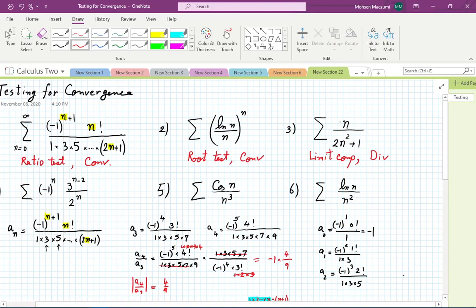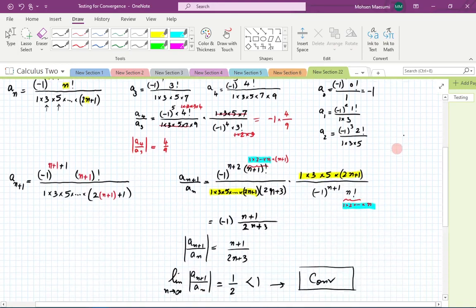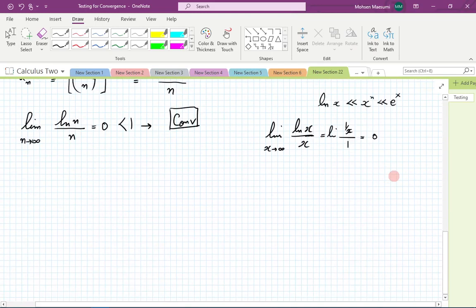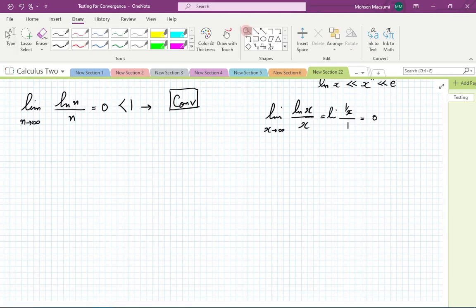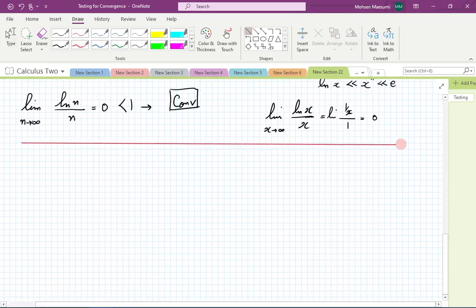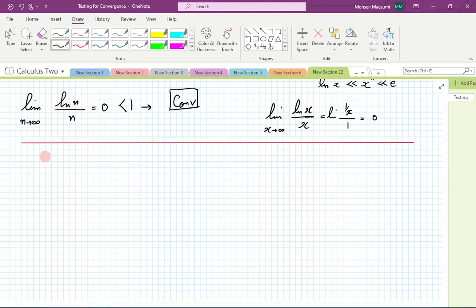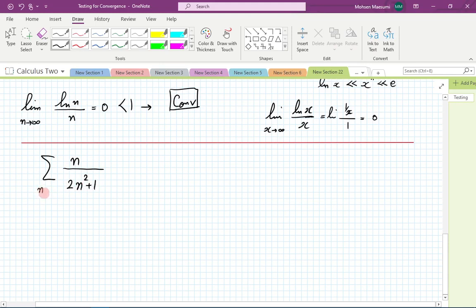Let's go ahead, write down the steps. So n over 2n squared plus 1. You can start from 1 or 0 or something and go to infinity. So our an